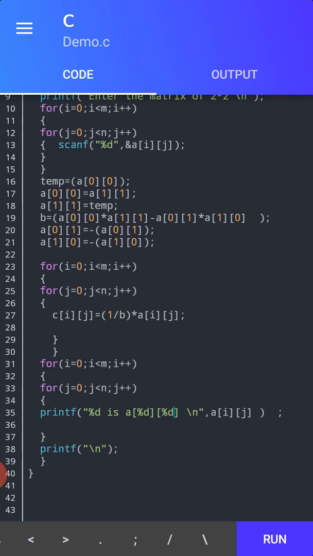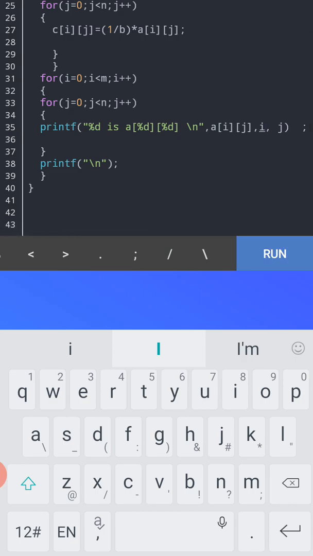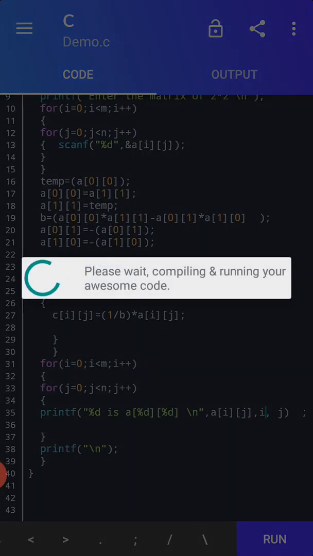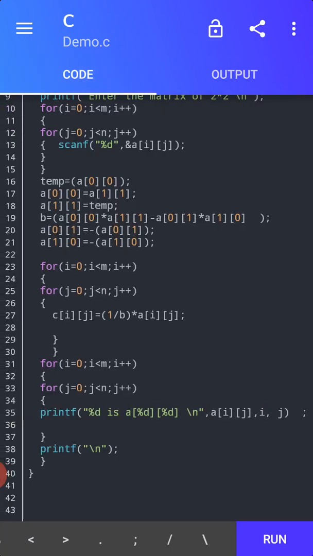Now I could indicate it with i, comma j. Now the program runs as I wanted it to run. Now you can see the output as 0 0 is 4, 0 1 is -2, 1 0 is -3, 1 1 is 1. Here the matrix of 2 by 2 can be done in this way.